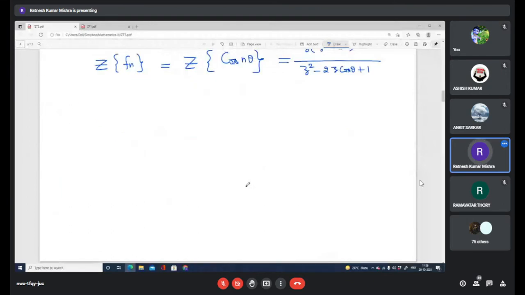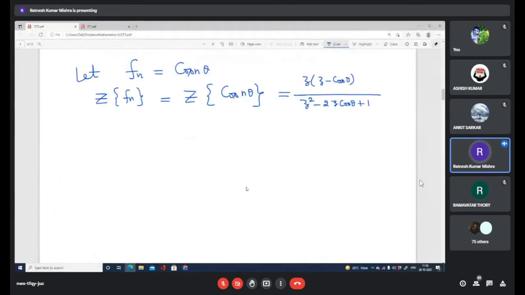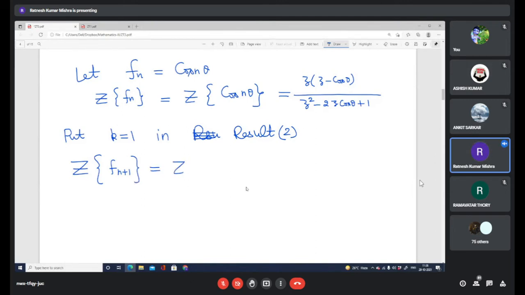In that result, put k equal to 1 in result 2. So the Z transform of f(n plus 1), that is the Z transform of cos (n plus 1) theta, is